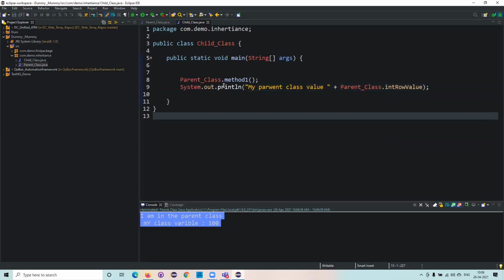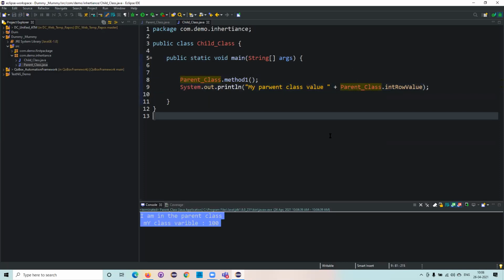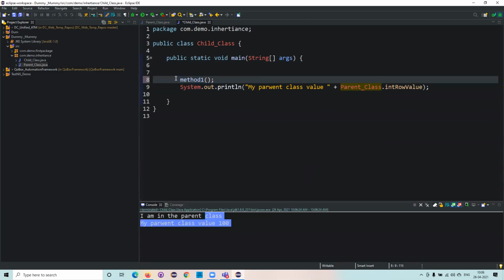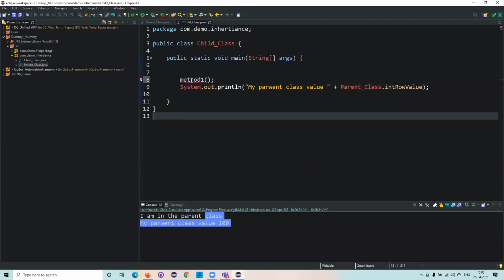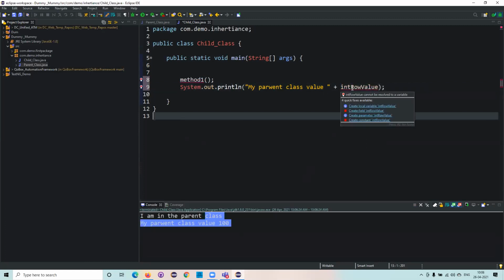Means I'm first calling the class name and the method name, calling the class name and the value. Now I wanted to execute this, I'm able to execute this. Now without giving the parent name, can I access this one? See, it's throwing me error because it's orphan now. From where this is coming, we don't know. And even if you wanted to use this particular value, you can't use this value because this is also orphaned.